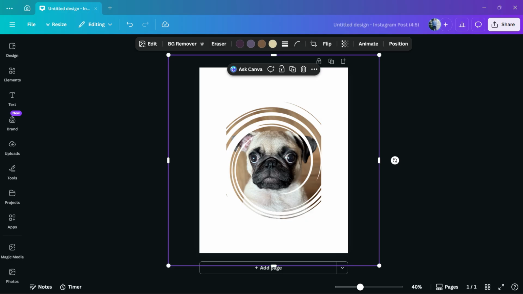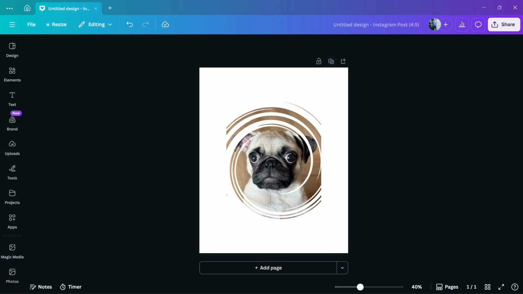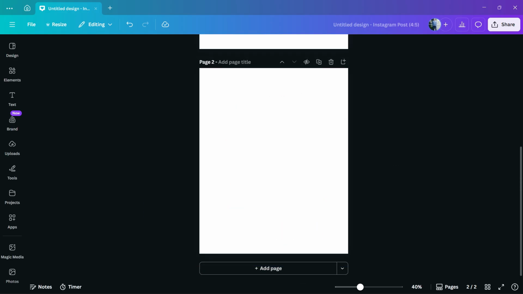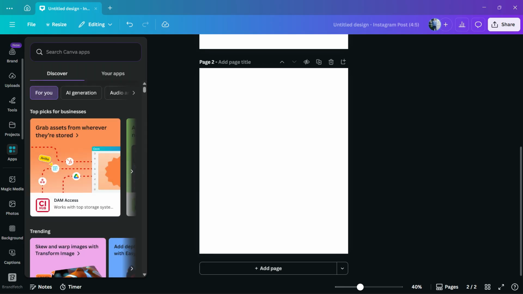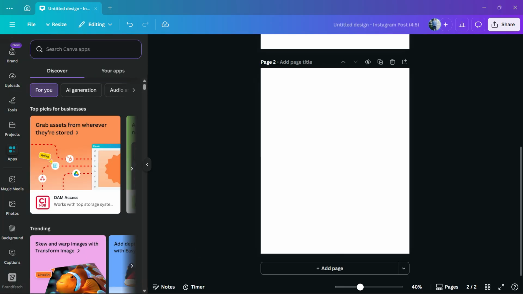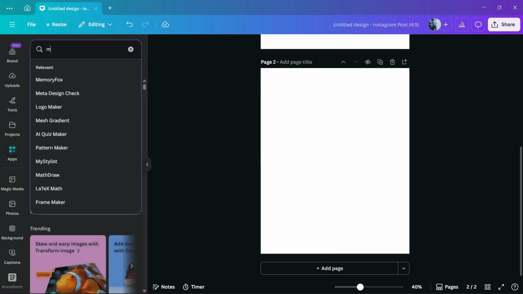After this, go to your Canva, find your design. In my case, it's gonna be like this. And first thing, review the left sidebar of menus on Canva. You scroll down until you find apps. And once on apps, you're gonna type Musk